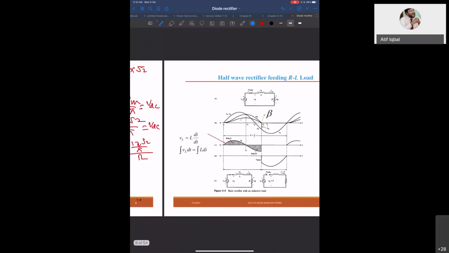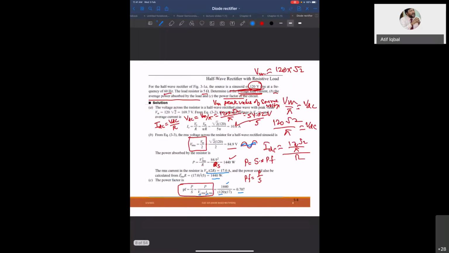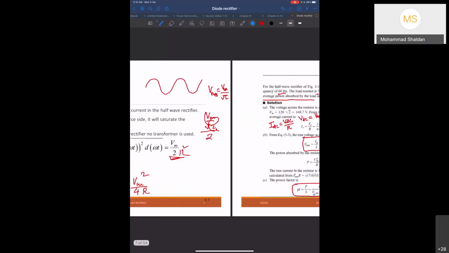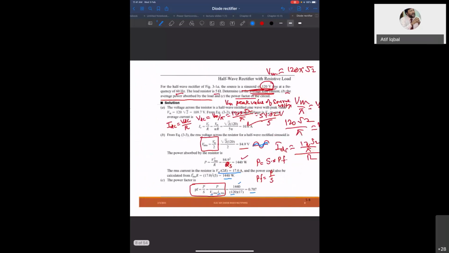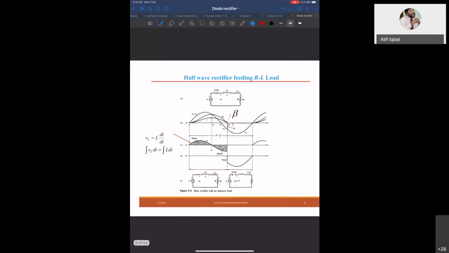How to determine whether the power factor is leading or lagging, or we don't care here? If you have a resistive load, if there is no capacitor in the load, then there will certainly be no leading thing. There will always be lagging. So if we have a capacitor, then only we bother about whether it is leading or not. If this is a resistive load, it's okay, no problem.